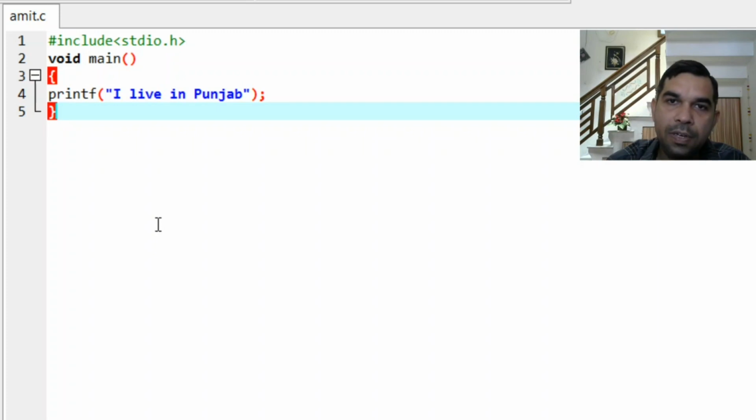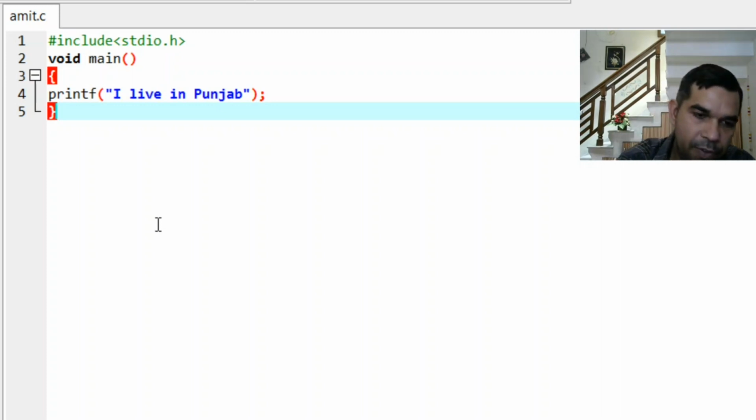What is compilation? The compiler will check for syntax errors, if any, and then convert this code into computer understandable form, that is binary. So after compilation, an executable file will be ready, and then we will execute that file and we will have the output on our screen.